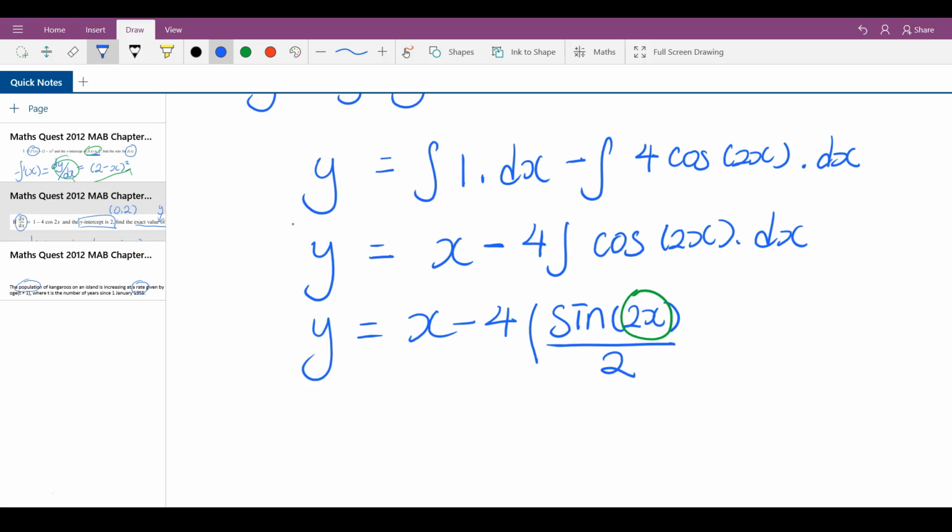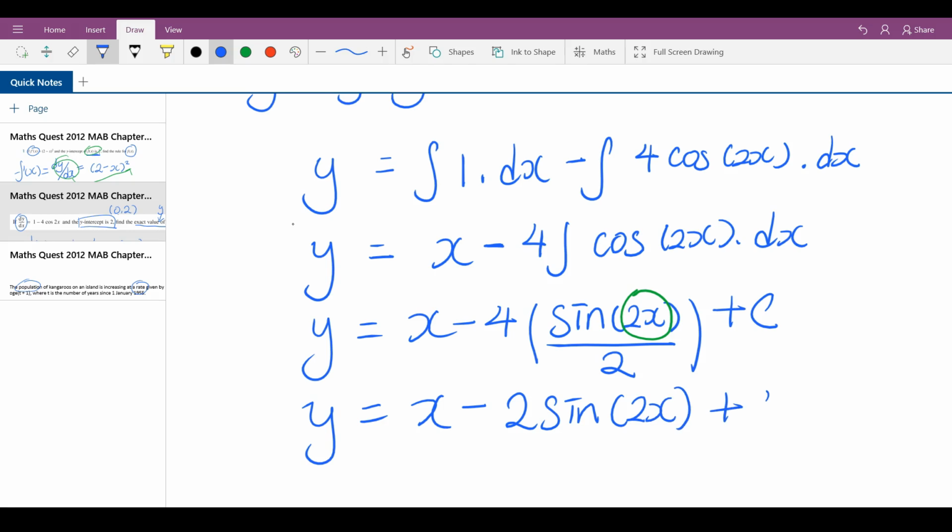And put a bracket out there, and that's it. Once we finish with it, we can put a plus c at the end. So just to keep things tidy, we can expand the 4 into the bracket. So that gives us 4 over 2, which is just 2, right? So this is minus 2 sine